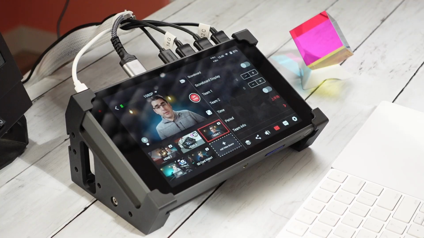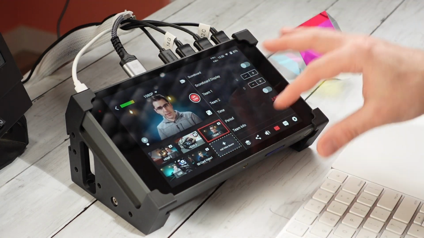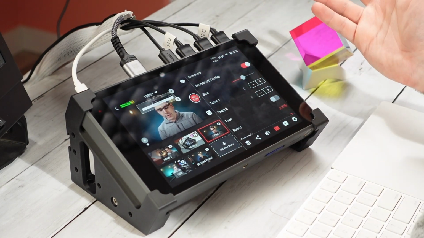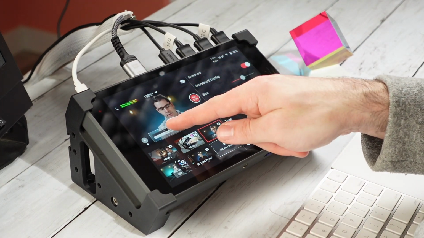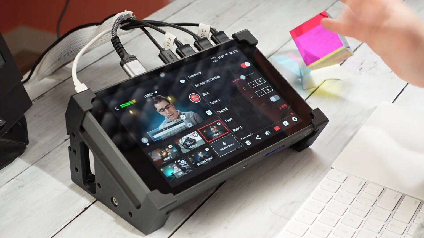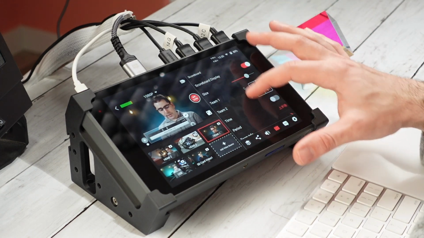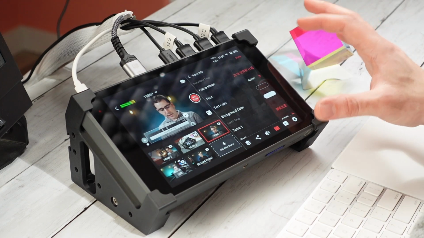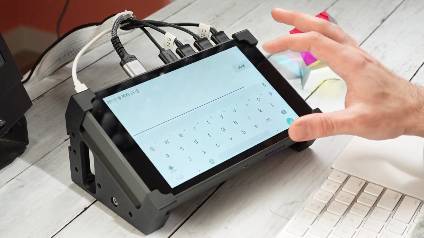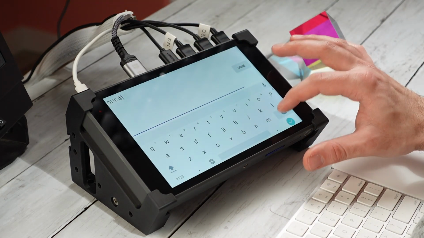One of the other types of graphics the YoloBox can do built in is actually a scoreboard for sports. Now, I don't really do sports, so I can't talk too much about the feature, but I will show you what this does on the screen. You can turn on the scoreboard display, choose where it goes on the screen, and then you get a lot of options in terms of size, as well as choosing the team names, customizing a lot of the text in here. We can go ahead and change this to